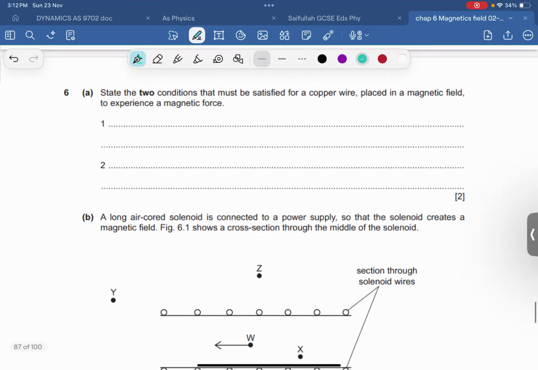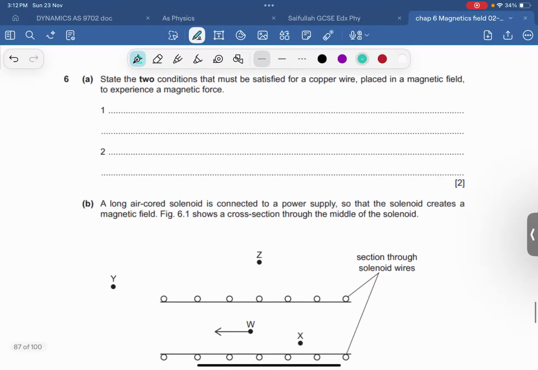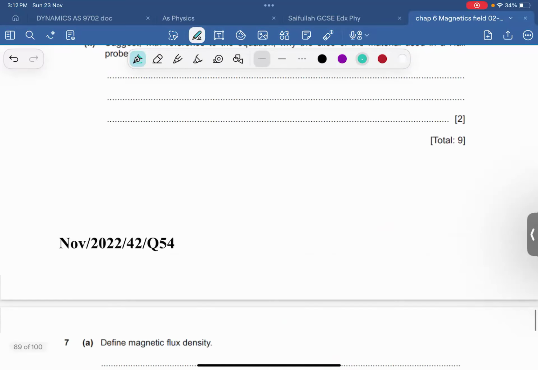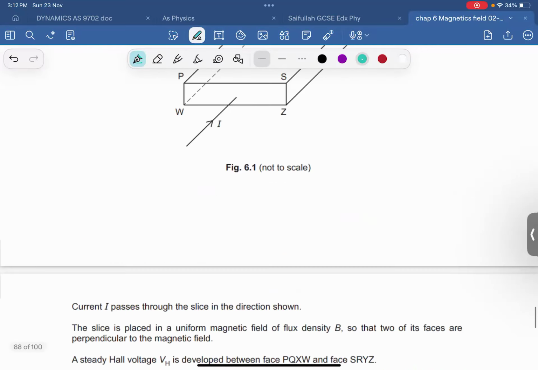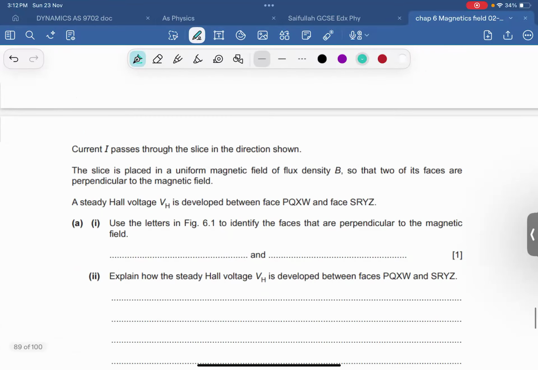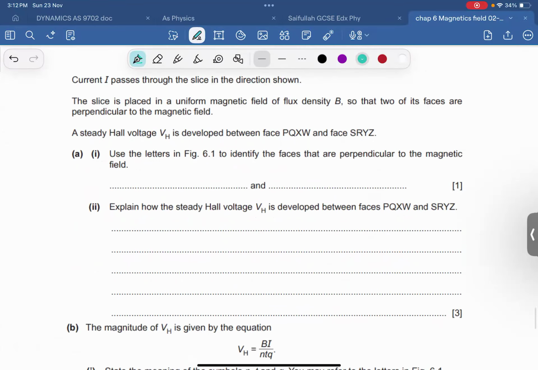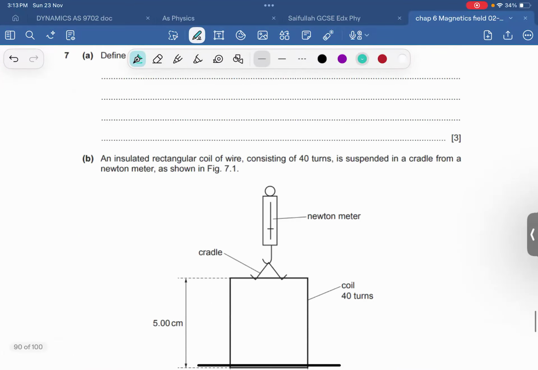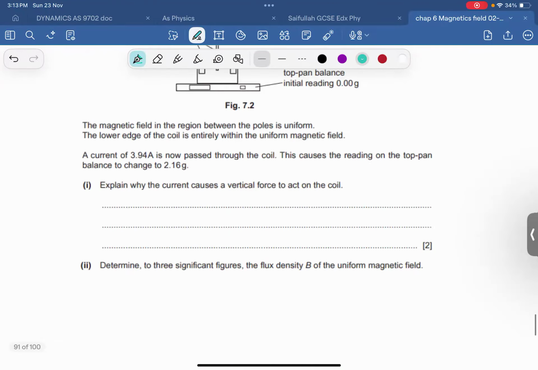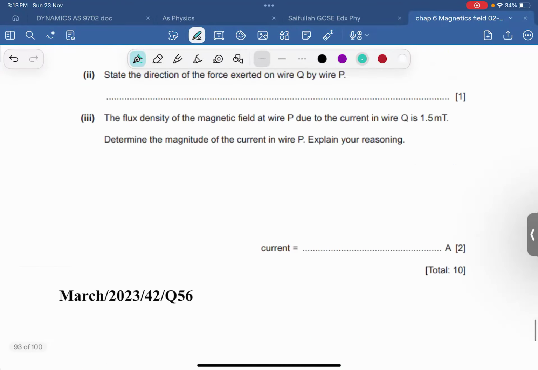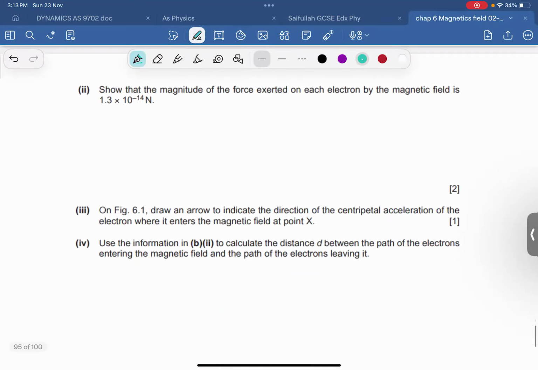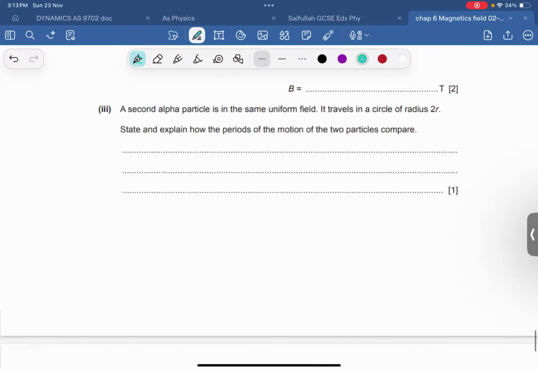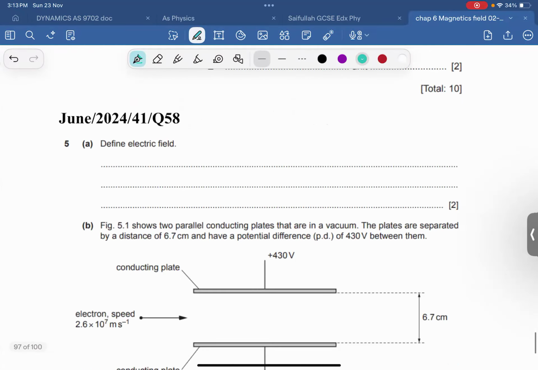Wait, can we try that one? No. Semiconductor Hall probe. Wait, we can do two questions. One, I think this one, or maybe that's the easy question. One would be that one, and